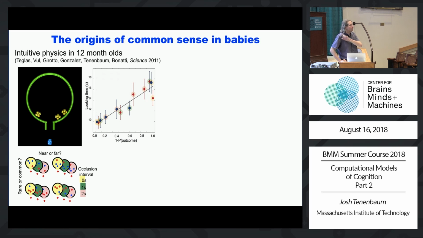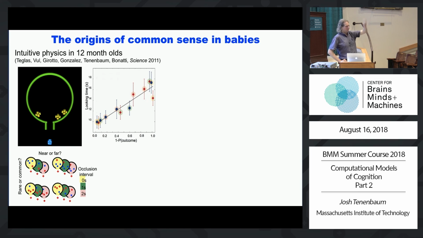And you could set up a surprise here. The classic infant measure is a violation of expectation looking time measure, where you show infants something that's very surprising, and they look longer, just like you might. Okay. Here, a surprise would be, for example, if you set up something where there's 3 yellow objects right near the door of the thing, and 1 blue object far away, and you have the occlusion, okay?